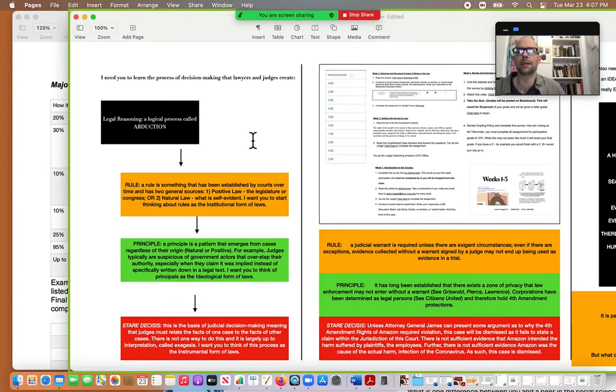The rule is something that's been established by courts over time and has one of 2 sources. Either it's from positive law, which is the legislature or Congress. There's a rule or a law that's been passed by government, and many of you understand that it was signed by a president. What I'm hoping you'll start to understand is that most laws are actually passed at the state and local level. So New York City has a policy that's different than the New York state policy, and that's different than the federal policy. And that's